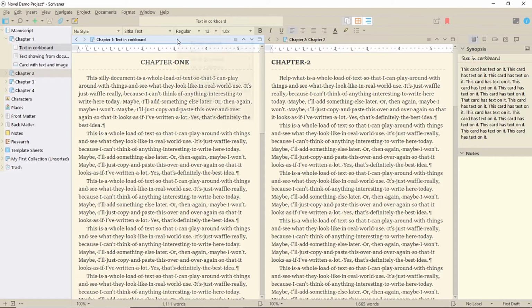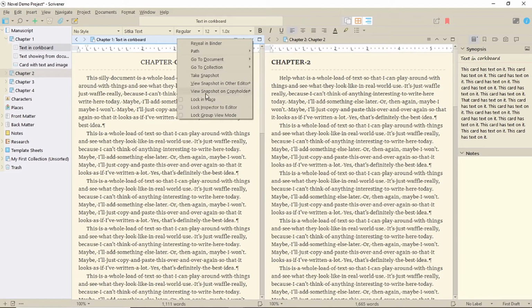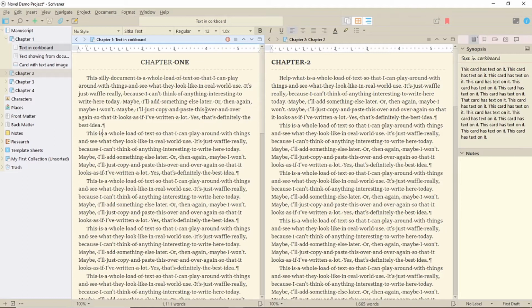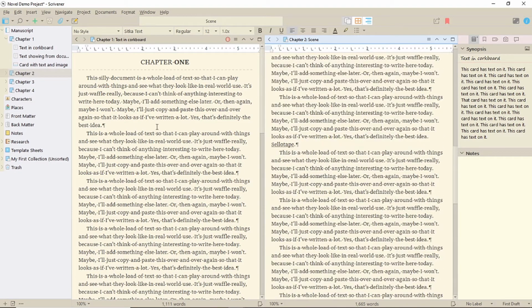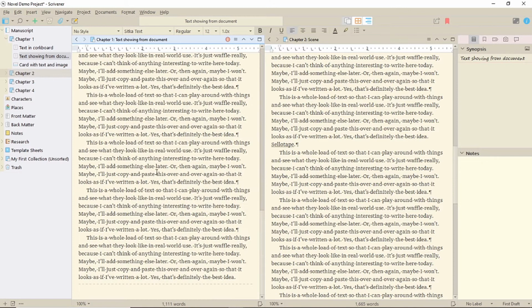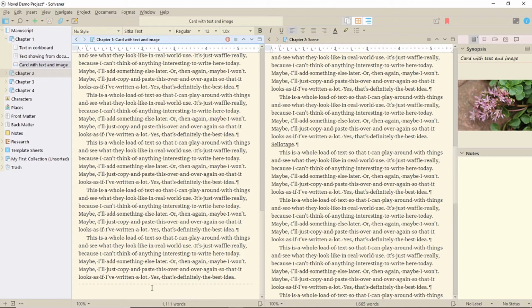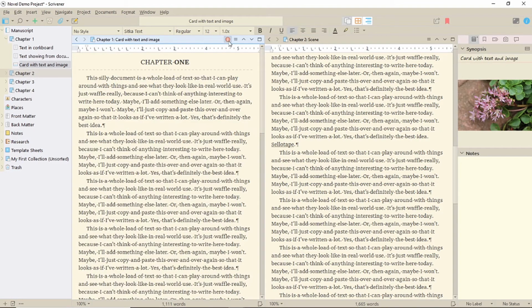To lock the inspector to an editor, right-click on the header bar of the editor and choose Lock Inspector to Editor. A red icon will appear, and the inspector will have a pinkish toolbar. Now the inspector will only track what you do in the editor you've specified. When you're finished, just click onto the red icon and the lock is removed, or close the editor.